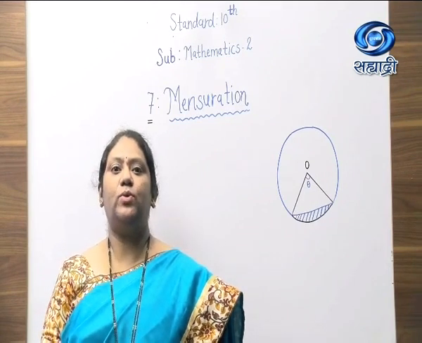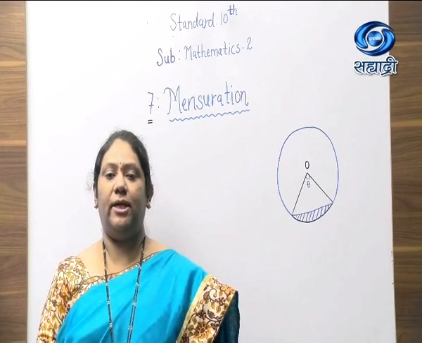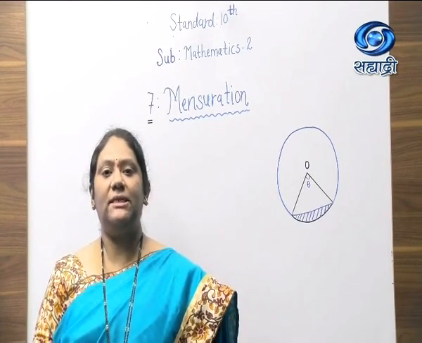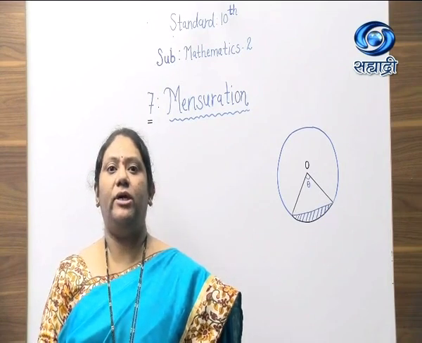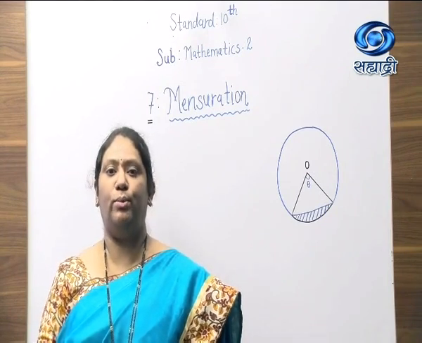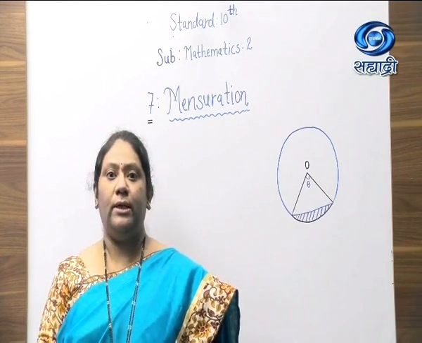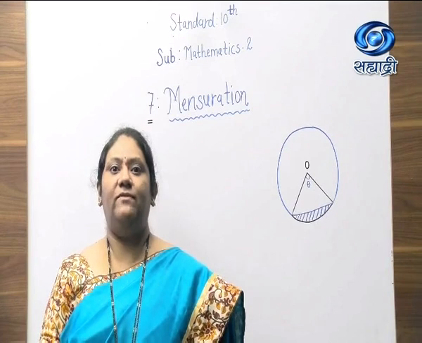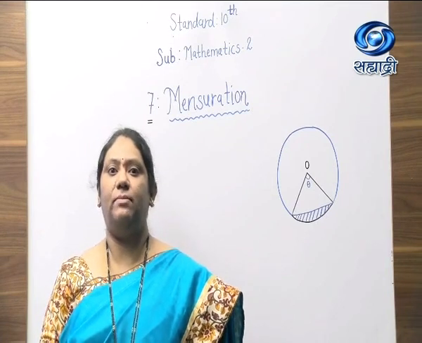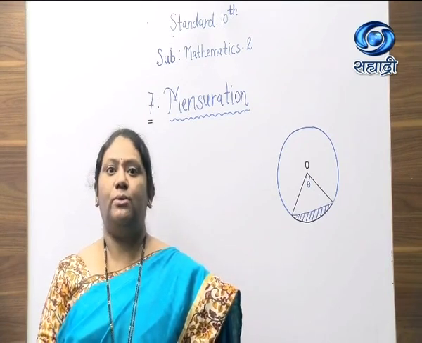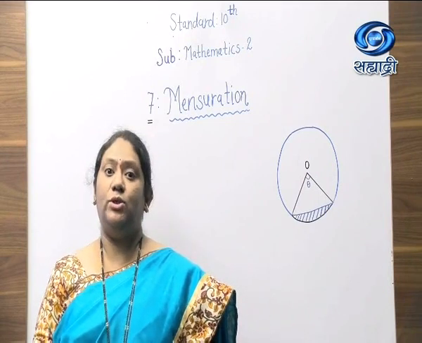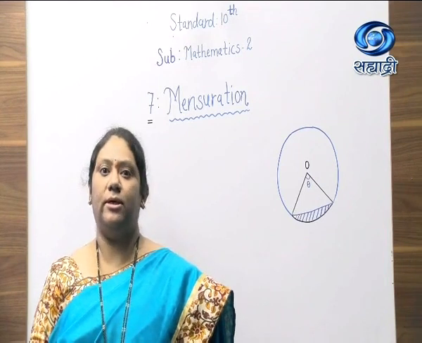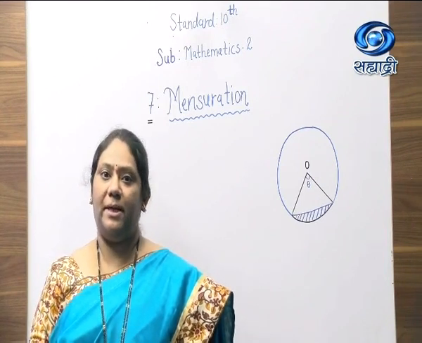Today I am going to discuss with you the seventh chapter, that is mensuration. Now, in my previous lectures, we have studied about different shapes like cube, cuboid, cylinder, cone, then sphere, hemisphere, frustum, etc. And we have also solved some of the examples based on them. Now today we are going to learn mensuration and study some more concepts related to the circle. So let us begin with the presentation.